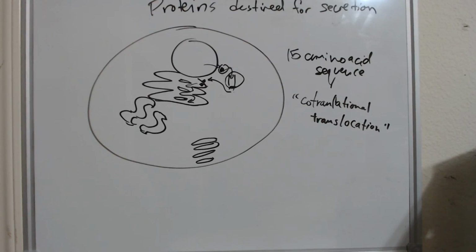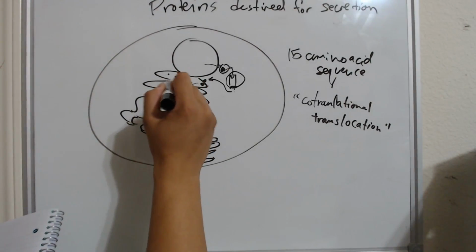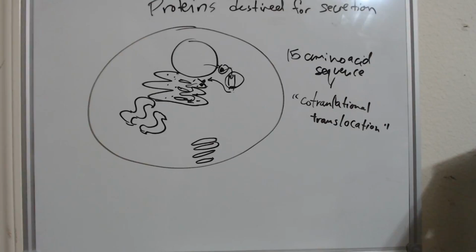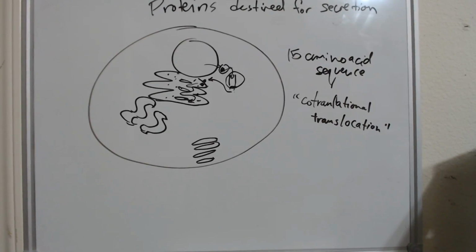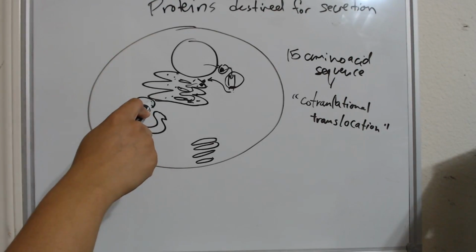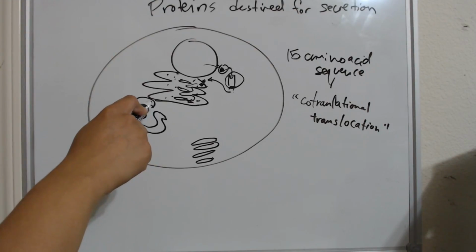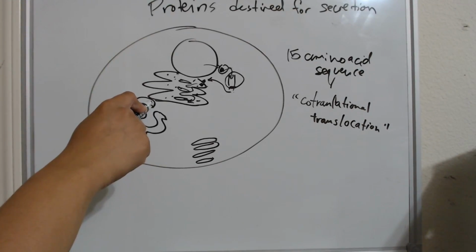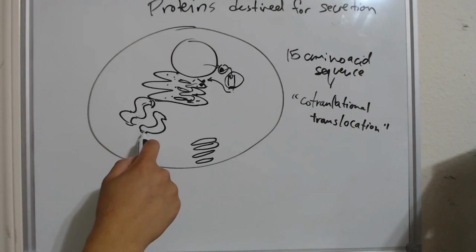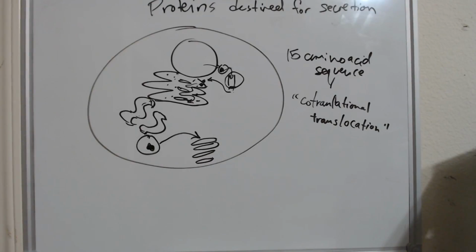So that's what it does in the rough endoplasmic reticulum, and of course there are ribosomes in there to do the translation. And so the protein will move to the smooth endoplasmic reticulum, and then they'll move from the rough, smooth endoplasmic reticulum into a transport vesicle, right here, transport vesicle, which will move it to the Golgi body, where post-translational processing can happen.